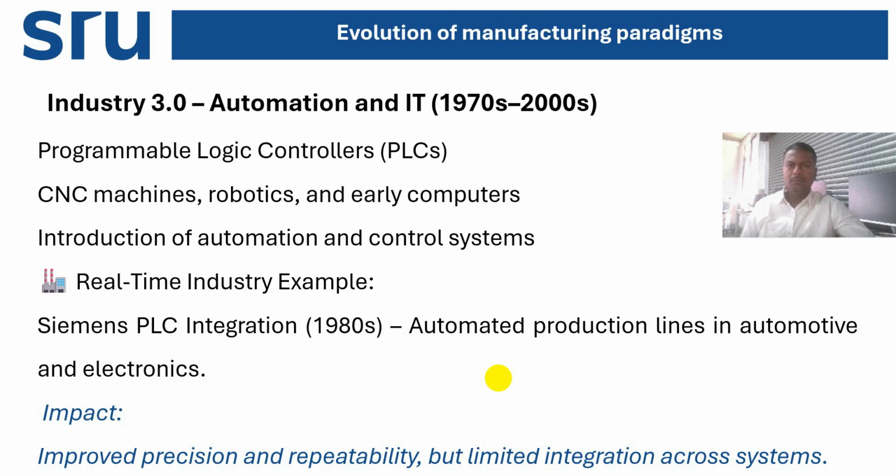So in the 1980s, Siemens-based PLC integrated units started to be used for automated production lines in automotive and electronics. This improved precision and repeatability a lot, but it also had a limitation: the integration of its ecosystems across various factories. So if any factory wants to connect with